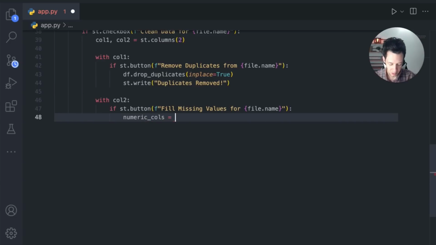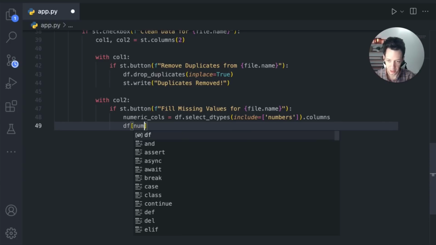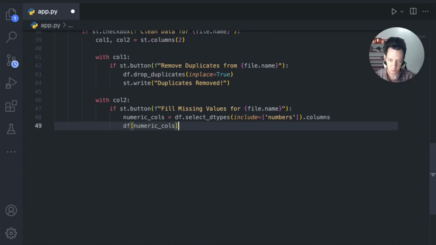columns, and this will be df. I want to select, come on pandas, work harder for me. There we go. I want to select data types, and I want to include where they are numbers. Okay, so that allows me to select everywhere with numbers. And I'm going to say columns here. Okay, there we go. Cool. In our next row, I can say df, square brackets. I can now use that, and I can say numeric cols. We just made that. So it's going to choose all the numeric columns. That's equal to our numeric columns